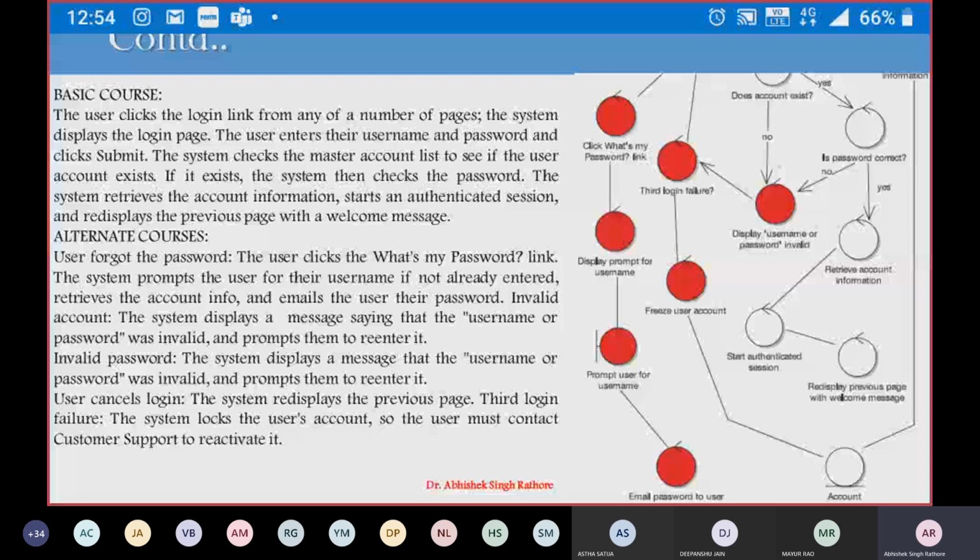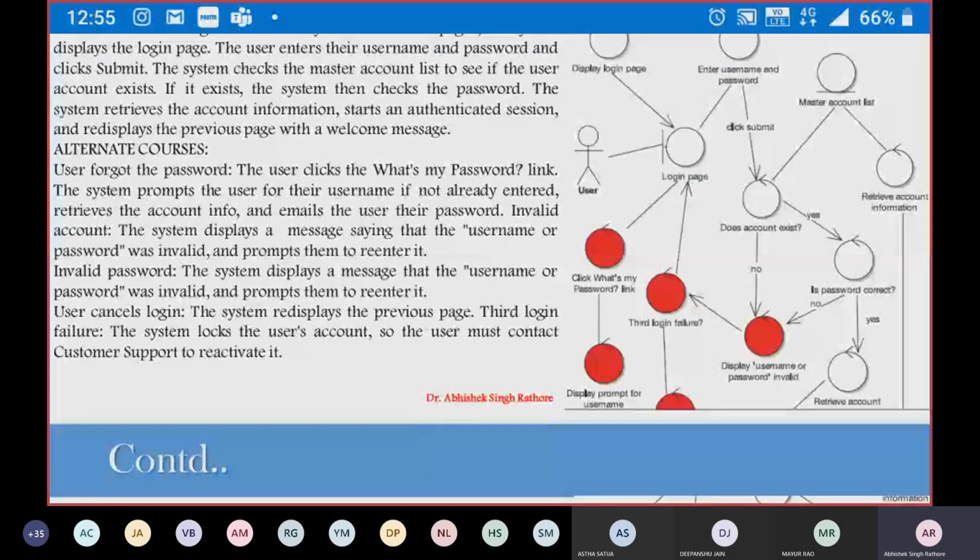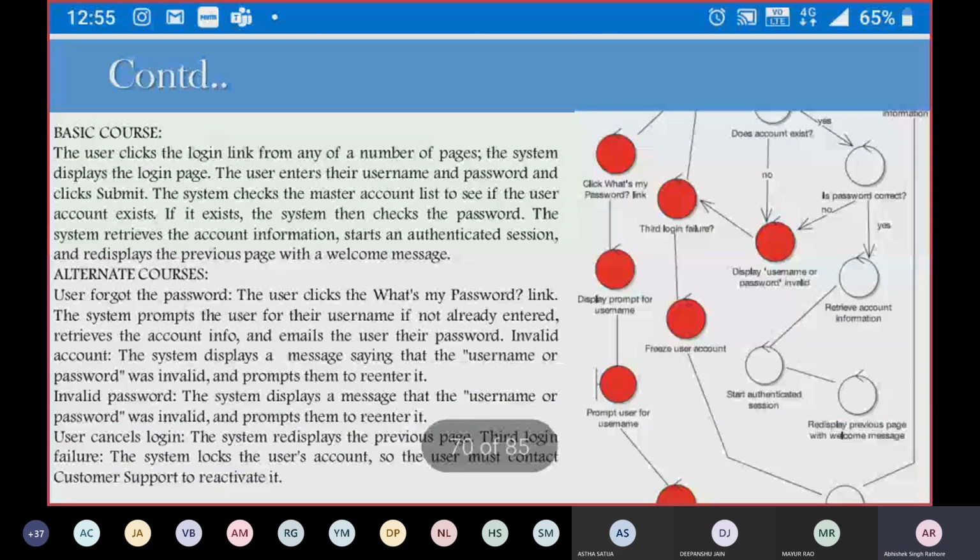So a new controller creates a new page that prompts for your username. When he clicks on forgot password, it creates a page. This is again a controller that handles what's my password. Then we can generate a new page that displays and prompts the user for the username. This is again functionality, so it will be represented by our controller, a controller that creates a page that prompts the user for the username.